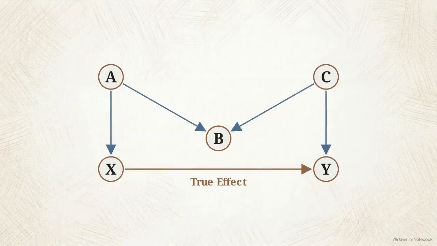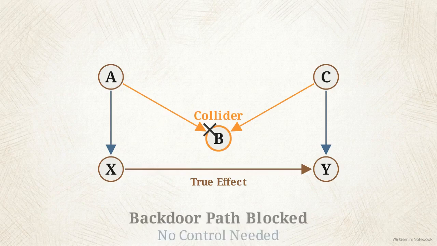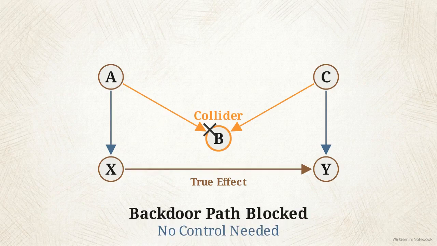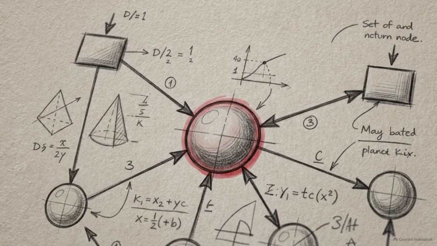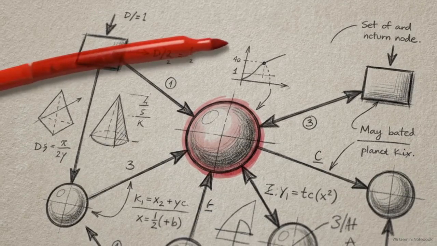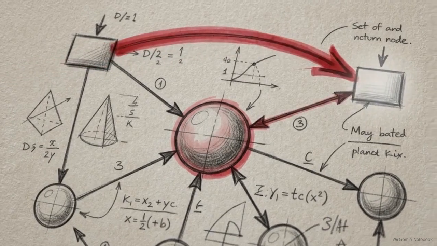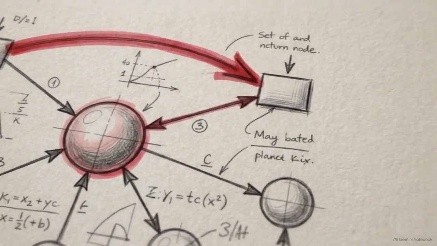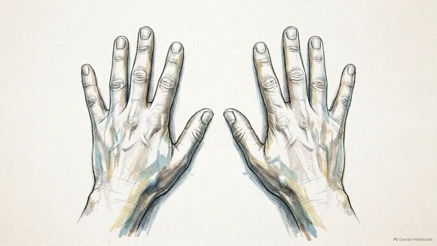Because B has two arrows pointing into it, it is a collider. Colliders naturally block the flow of data on their own, so the backdoor path is already closed. You do not need to control for anything. If a data scientist instinctively controls for B, they pry open the backdoor path, introduce spurious correlation, and completely ruin the model. Causal diagrams provide the mathematical proof that under certain structural conditions, doing absolutely nothing is statistically superior to